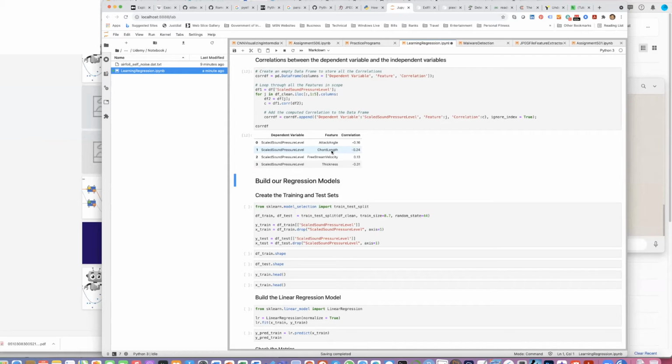correlated to each other, then supposing two variables are highly correlated, both will tend to show the result in the same direction, right? If two variables are very highly correlated, they will show the result in the same direction. So if I have variables which are highly correlated, instead of one variable influencing my decision, two or three variables, or maybe more, will try to influence my decision, and the decision will become biased in that